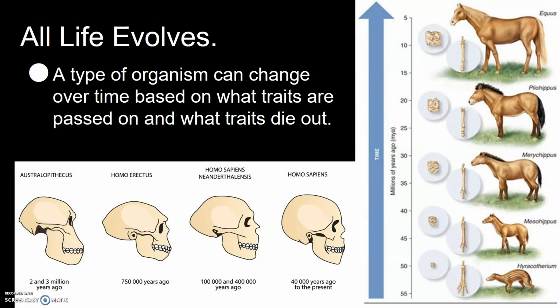Next up, all life evolves. Evolution can be defined as a type of organism changing over many generations based on what traits are passed on and what traits die out. We can see a few good examples of evolution here on the screen. At the bottom, we see an example of the evolution of the shape of the human skull. About 2 to 3 million years ago, Australopithecus, that you see at the left portion of your screen, circled here,